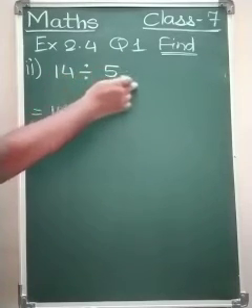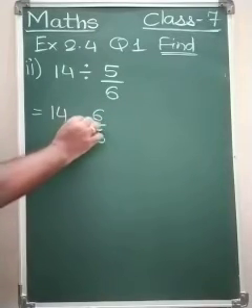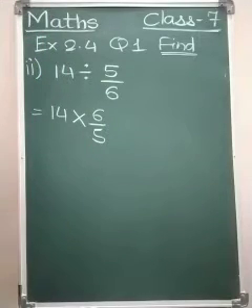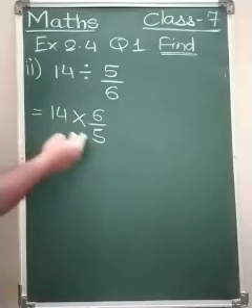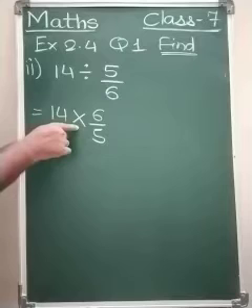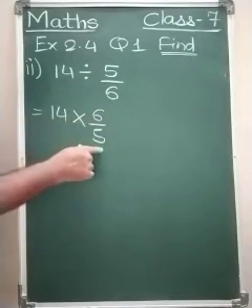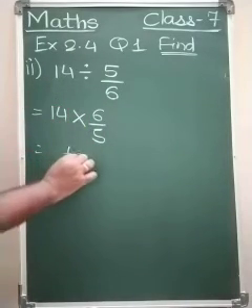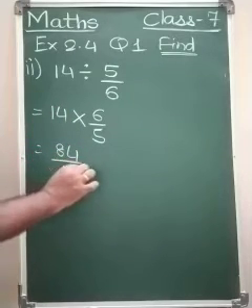Again, this equals to 14, 5 upon 6, the reciprocal of 5 upon 6, denominator goes to numerator, and numerator comes in the denominator place. So it will be 6 upon 5, and here the division sign will be converted into multiplication. Done. In one step we have reached here. Now there are no common factors between 14 and 5, 6 and 5. Straight away, here is multiplication sign. So numerator multiplied by numerator, denominator multiplied by denominator. So 14 6s are 84, divided by 5.